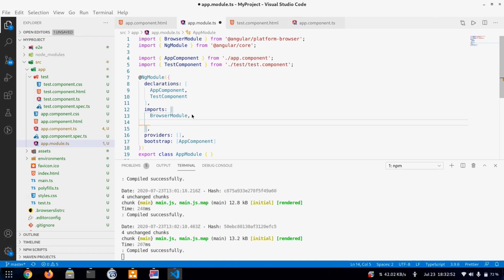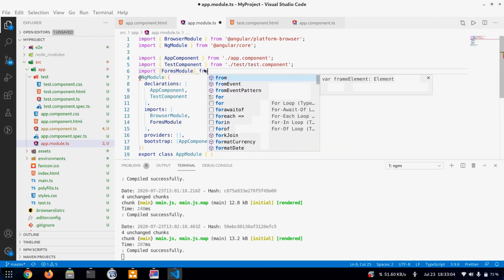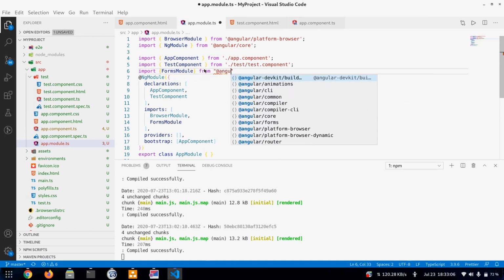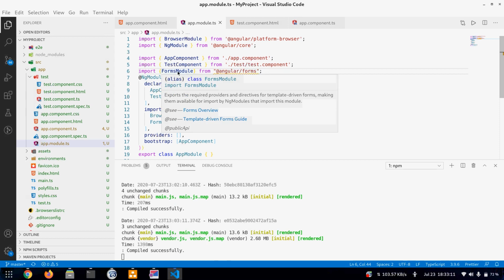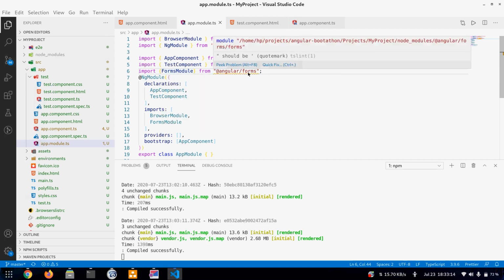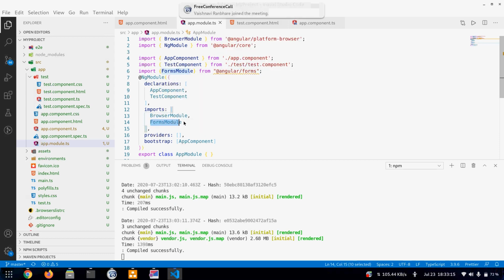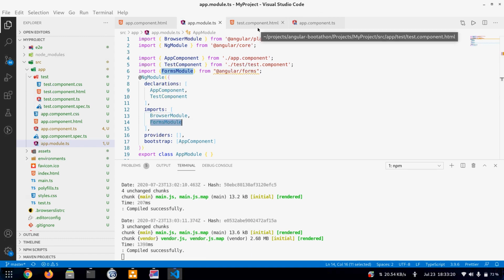So in imports, I'll write forms module. Okay, so now we are importing forms module from Angular forms into our app module to get the two-way data binding to work.